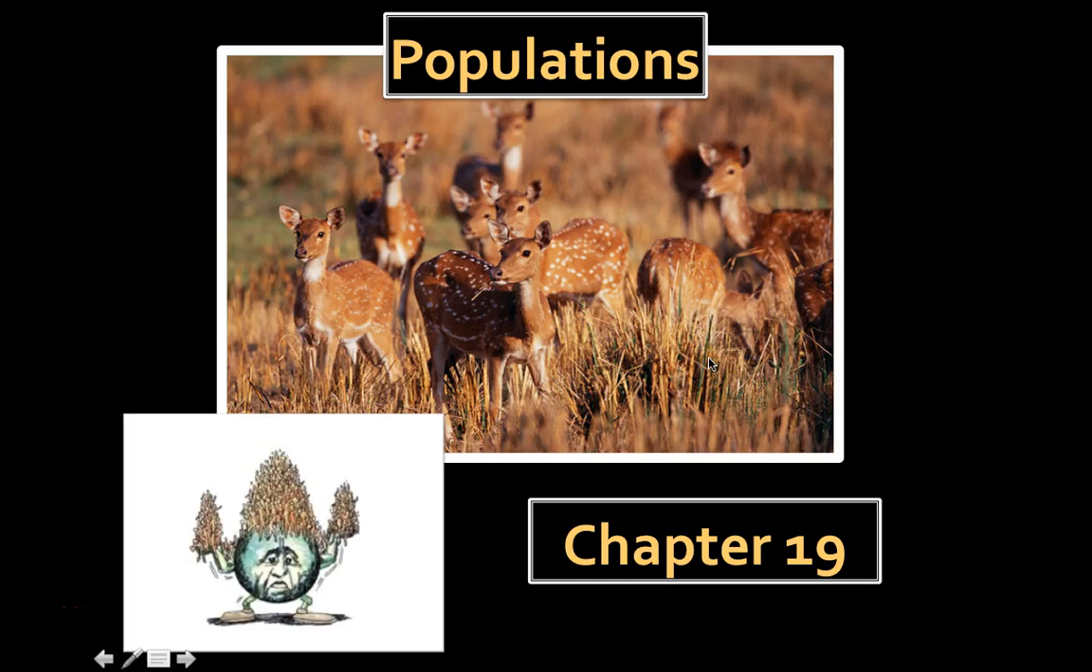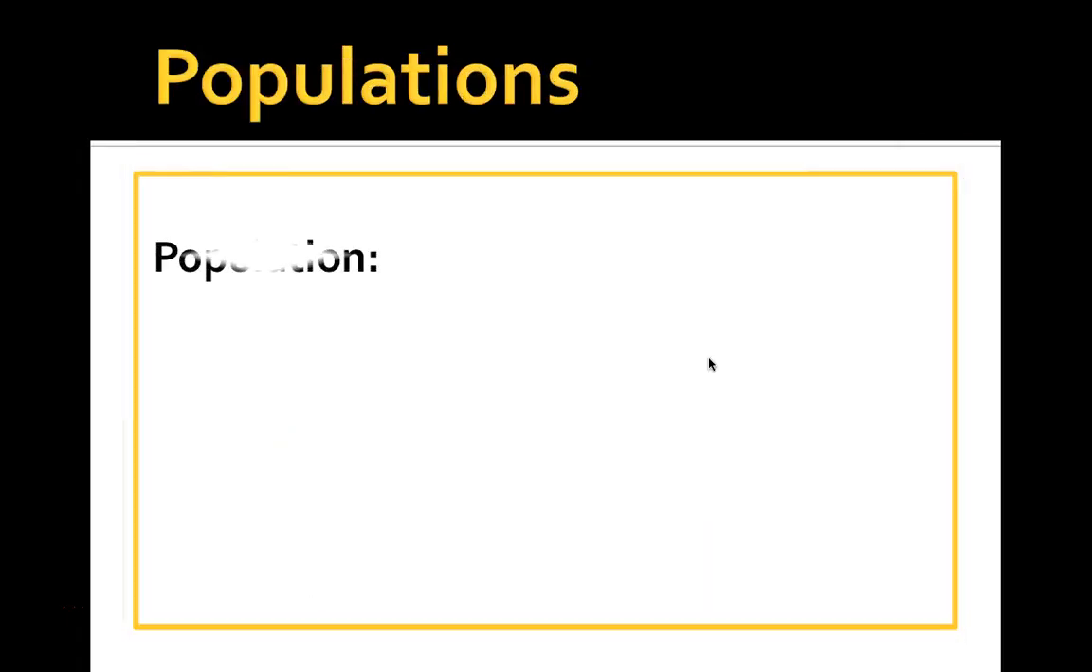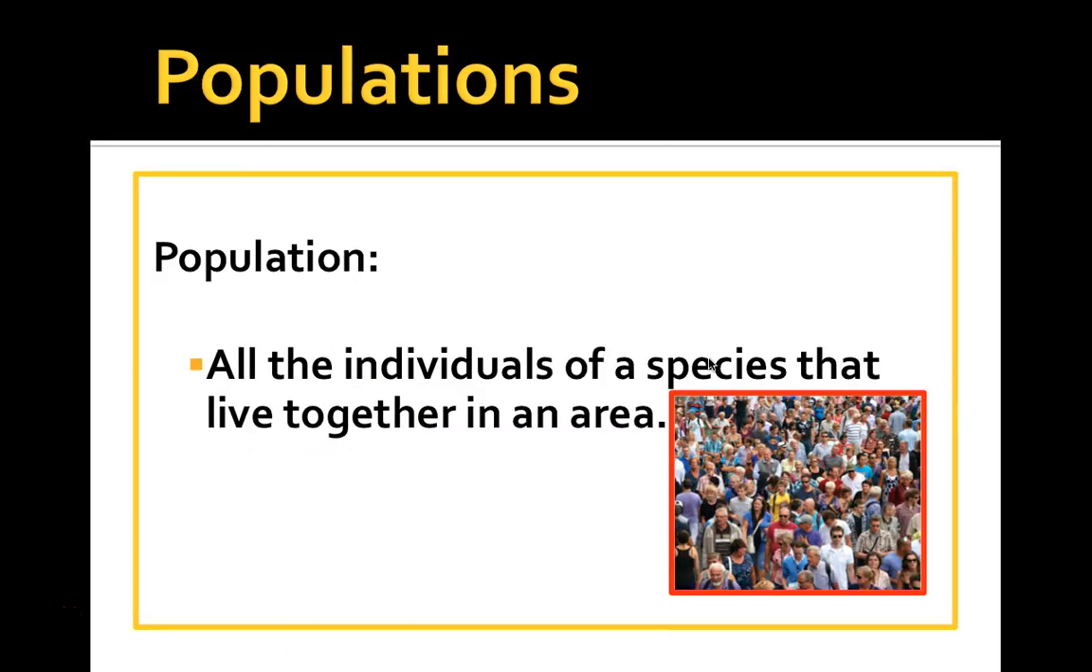In this video, we will be discussing the qualities of populations, how they grow, decline, and different types of interaction. So let's get started. The definition of a population is all the individuals of a species that live together in an area. If you recall from the beginning of the ecology unit, we discussed the hierarchy of the ecological levels. Population is second to most specific ecological level, where there are multiple organisms of the same species interacting together in